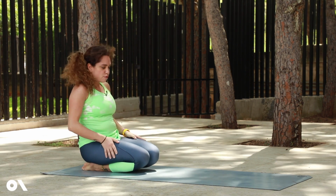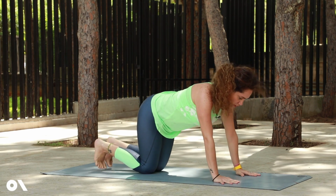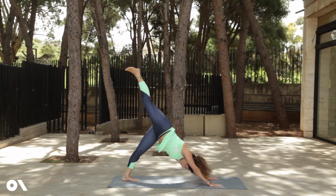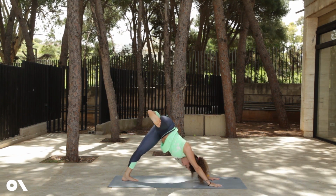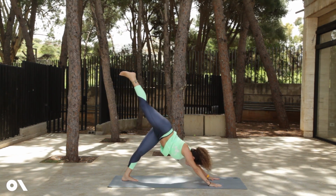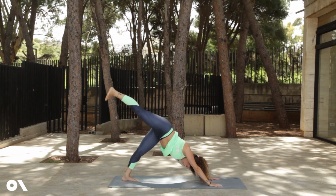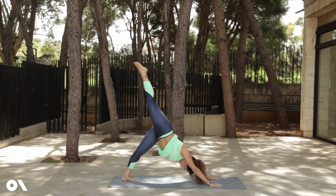Inhale, come up. I still have one more exercise in the downward dog, so let's go for the downward dog. Inhale, right leg up. Now from here, I'm gonna open my right leg to the right side, opening the hip, and exhale back to center. Again, inhale, open, exhale, back. Inhale, flex, exhale, point up. Again, inhale,